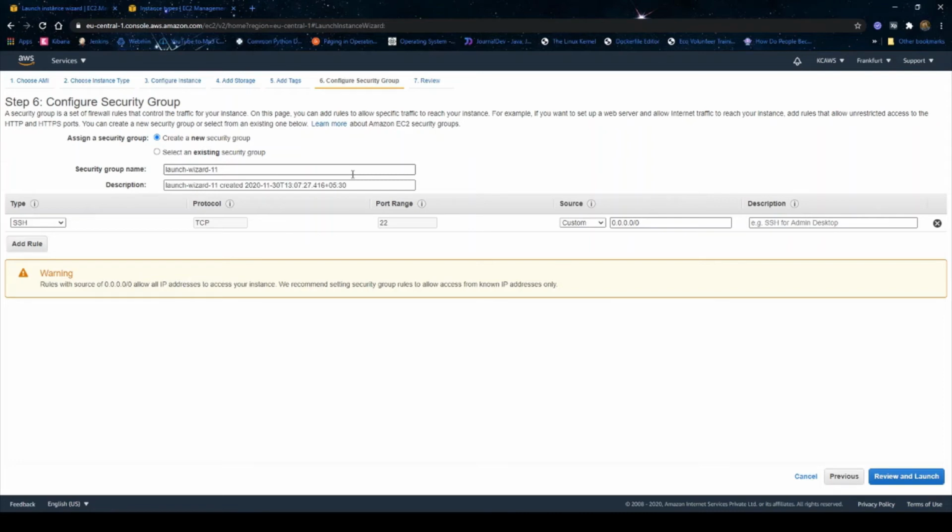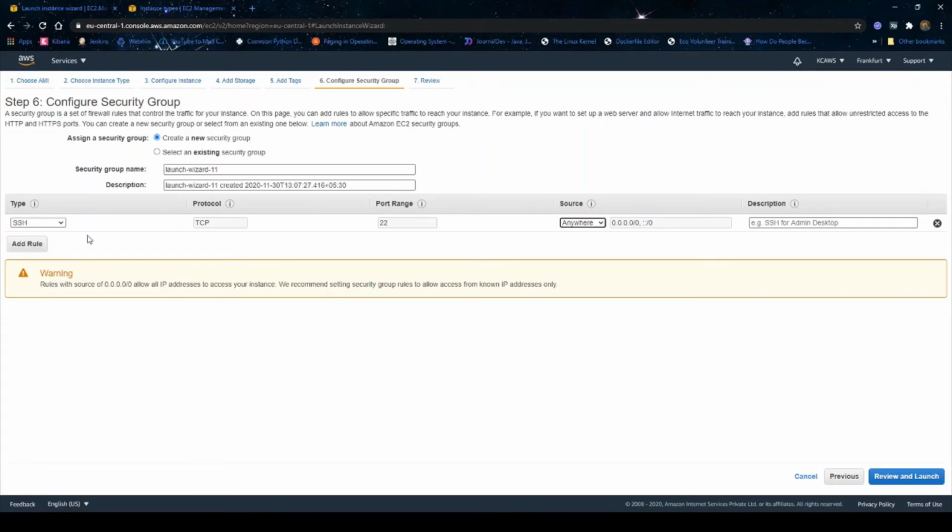Here, configuring the security group is similar to configuring the firewall on your OS. While configuring a firewall, you specify the type of service you want to allow, which protocol on which port, inbound and outbound. It's exactly the same. Here, let me select SSH, and then the port range is 22 TCP. Then there is another option: you can give a custom IP from which you want to allow this particular service, or else you can specify anywhere.